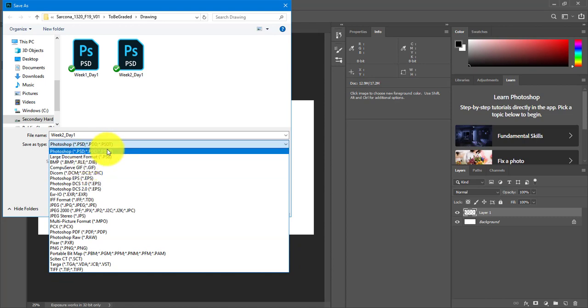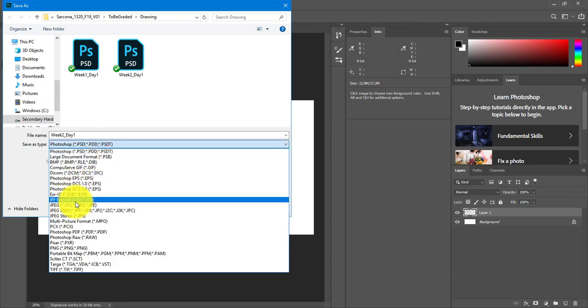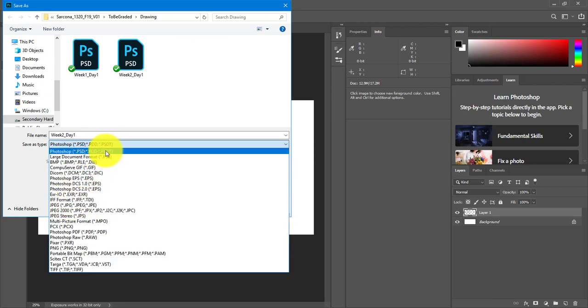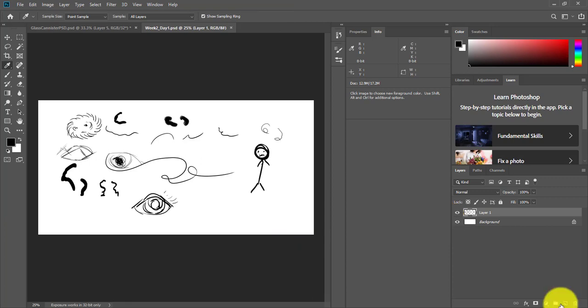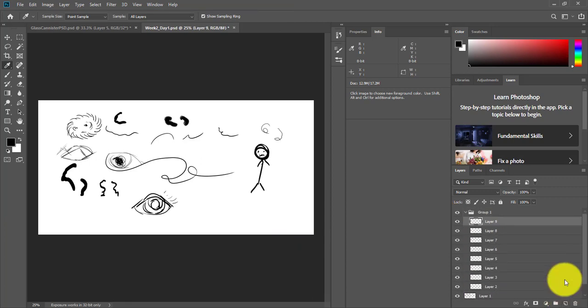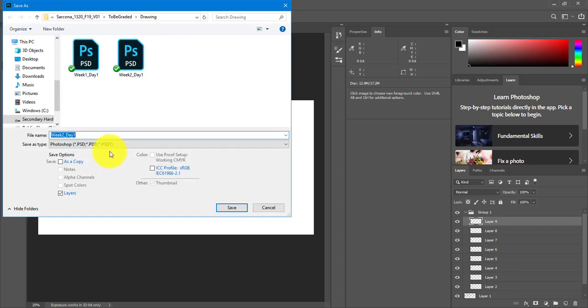We want to save all of our work, every single piece of our work, as a PSD. Some of our stuff we may save additionally as a JPEG, but everything needs to have a PSD. This means that we have layers. So all the layers that we would create over here on the side, we get to save those. Okay? If I saved any one of these as a regular JPEG,